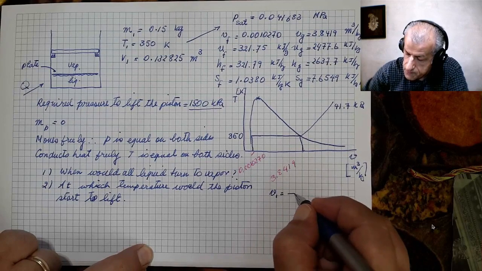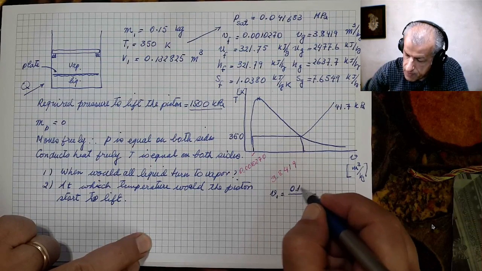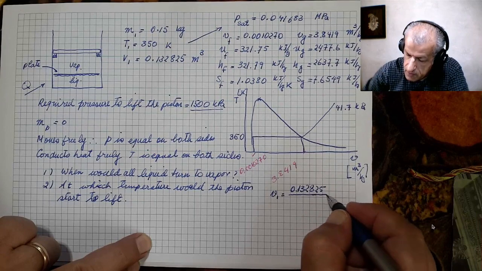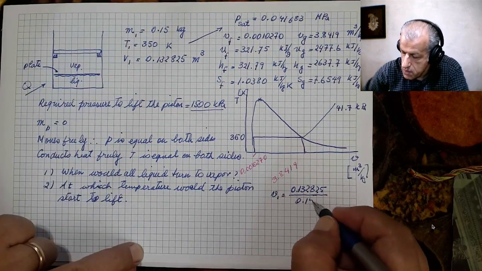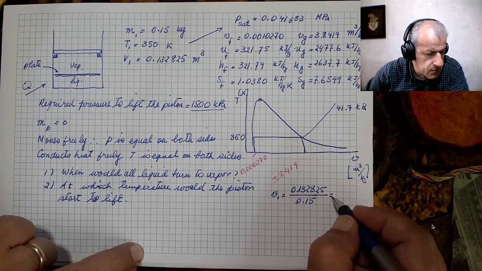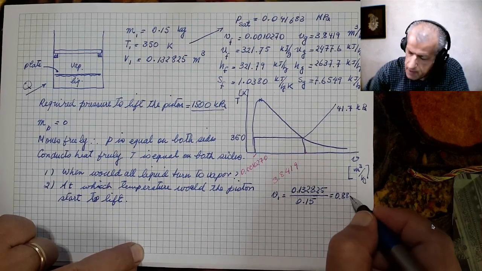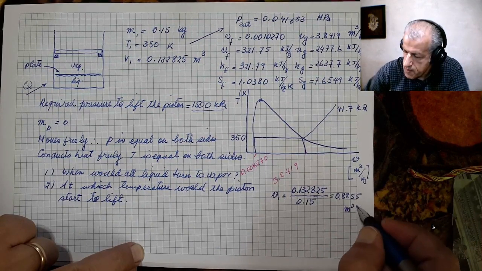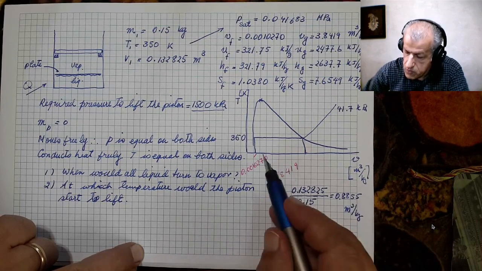V1 equals the volume, which is 0.132825, divided by mass, which is 0.15, and the outcome is 0.8855 cubic meters per kilogram. And this value is somewhere between this point